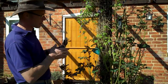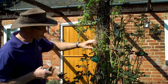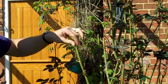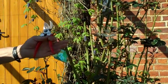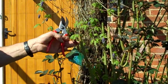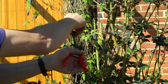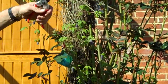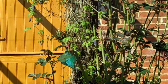So I notice after the winter, what you'll often find after a cold winter is you'll get some dieback of the plant because the top shoots, the ones closest to the top of the stem, have caught the weather quite badly, and it's important to get rid of those so you don't get any disease coming in through the tissue. Remember how we talked about the angle of the cut? So if we're going to prune back to this nice healthy strong shoot here, which is already growing away beautifully, make sure that the angle of the cut is away from the shoot, okay? And that means any water is going to run away from the stem